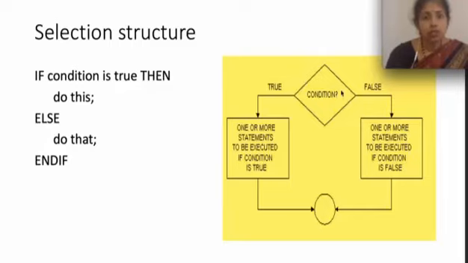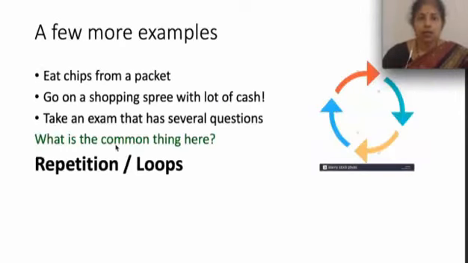So this is the decision box, which indicates the condition. If the condition is true, it follows this path, the true path. If the condition is not satisfied, then it follows the false path. And then both of them, after executing the set of statements or performing certain actions, will again join at some point to continue the remaining statements in the program.